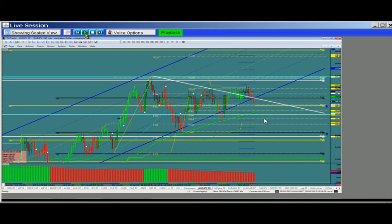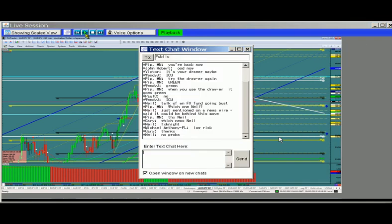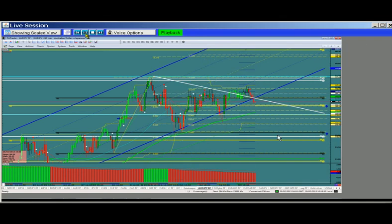If we can break below this support right here, we're going to look for a trade down probably to the 618 fib around 94.56. All right. It could go as low as the 95. All right. So